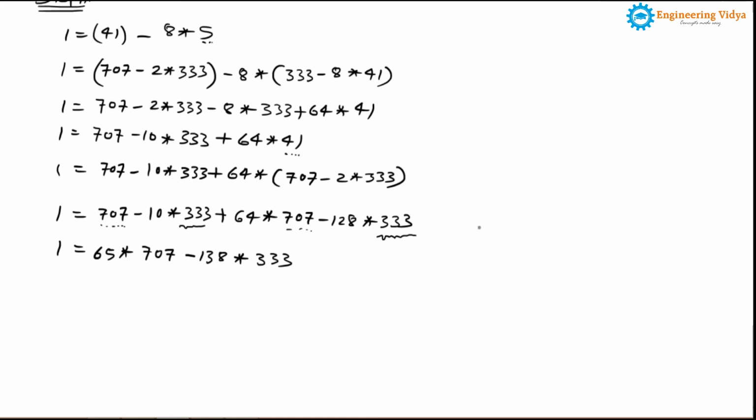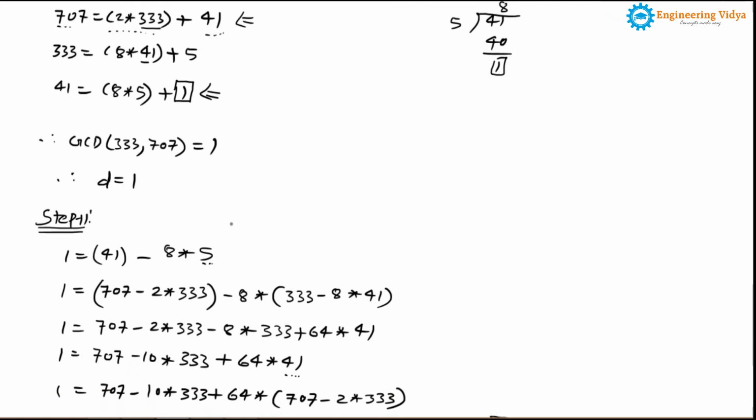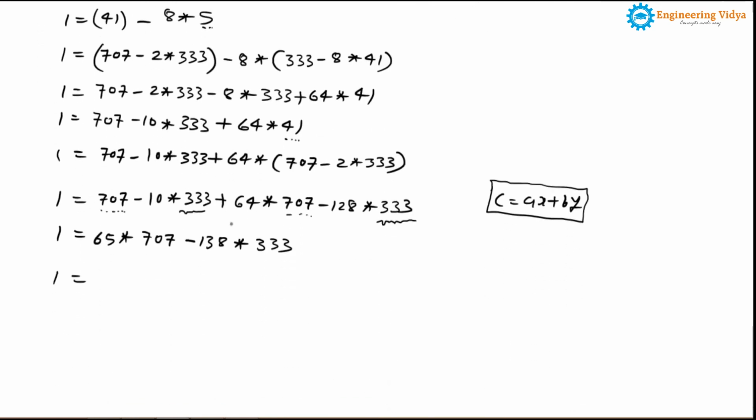Now after finding this, we'll express the equation C equal to ax plus by, because this is a Diophantine equation format. So 1 will be 1 only. So do we have A? A is nothing but 707, right? No. B we have, so no worry. So either you can express this equation as, B is 707, so it will be arranged in the form of by. So here we'll write 707, B will come first, and whatever term is attached with the B will come second, 65. So now this is the part of A, because A is given 333.